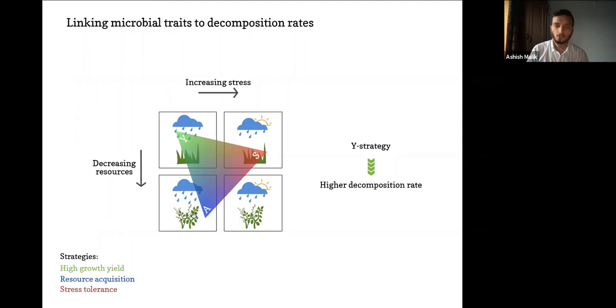It was very similar across both of those, although shrub communities overall had lower decomposition rates because the litter there was more complex, and we also showed how the different CAZymes and different carbohydrate genes and their activities, the extracellular enzymes, were also lower in the shrub communities, and therefore the decomposition rates were lower. So we nicely linked this trait structure to the decomposition rates that we could measure, and that allowed us to explain some of the mechanisms behind some of these processes.